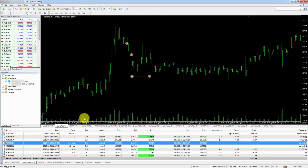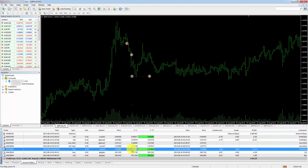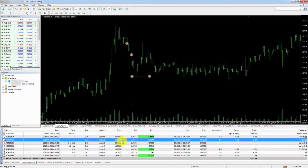So that's the two trades that I did today. I did a couple more, but those are the two most interesting ones. There's another big one somewhere, or big, in quotation marks, big. Oh no, those